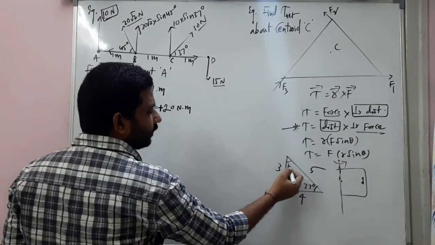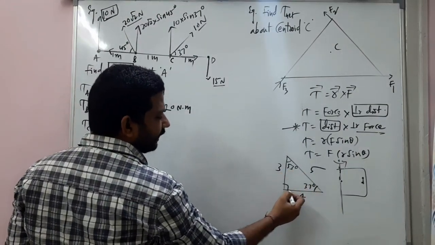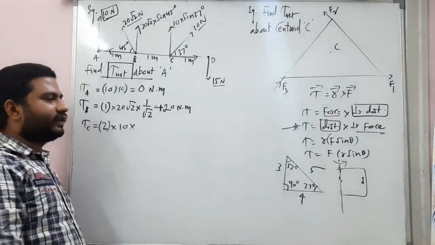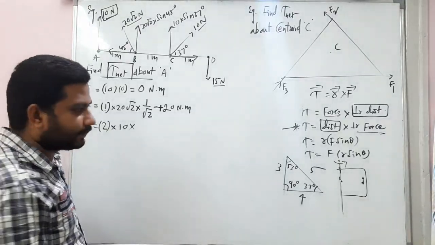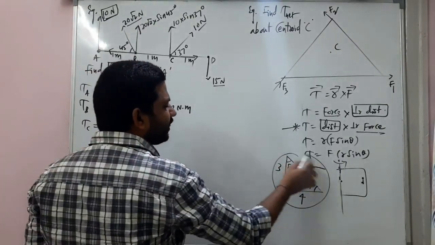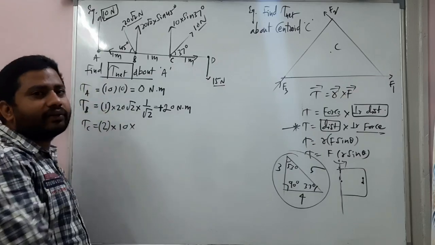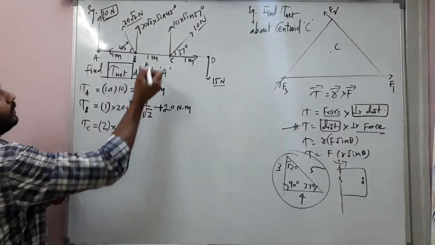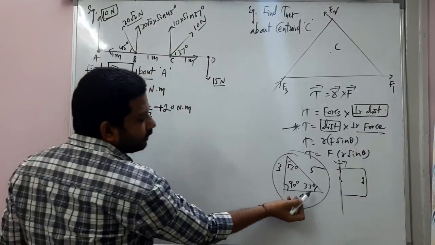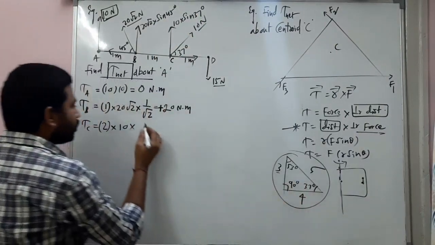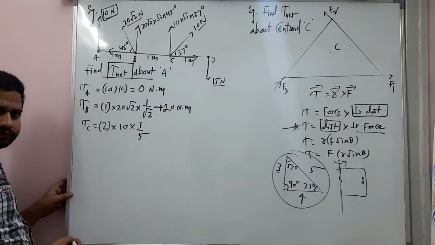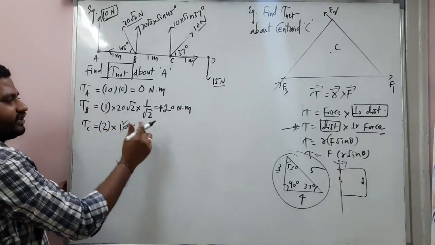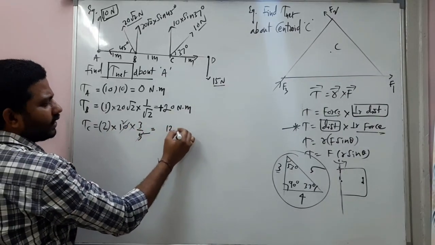37 means this is 53. Sometimes this angle 53 also can be asked. Sin 53, cos 53, tan 53, like that also a question can be asked. So the 37 degrees triangle is here. This is the standard triangle. Standard values are available here. So now sin 37. What is sin 37? Opposite side by hypotenuse. So it's 3 by 5. 5 twos are 10... 2 into 10 by 5 is 2 twos, 4. 4 threes are 12. So now it is 12 Newton meter.